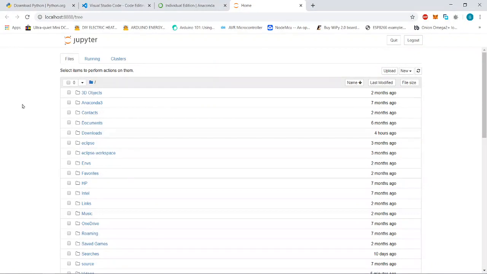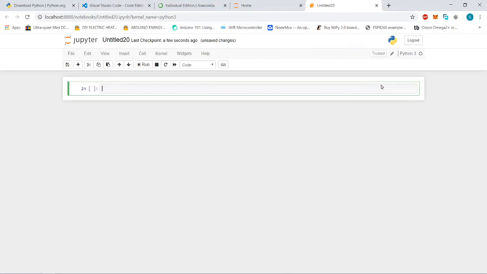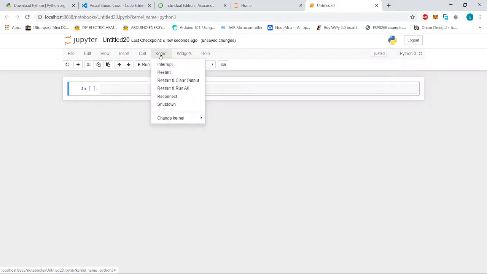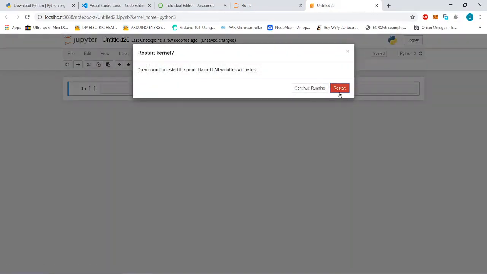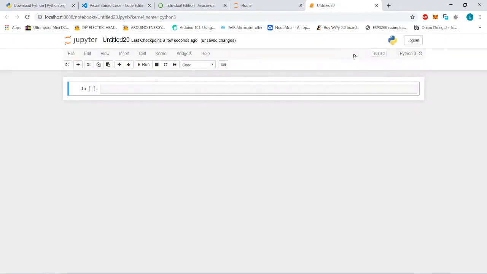So this is how it will look. After getting this, you have to click on New, Python 3, and you will get this kind of IDE. Make sure that your kernel is ready. If this icon shows pause or play, then your kernel is not ready. Here you can check whether your kernel is properly running or not, or you can restart the kernel. If you simply click on it, you will get a message, restart the kernel, and now again we have the kernel ready.